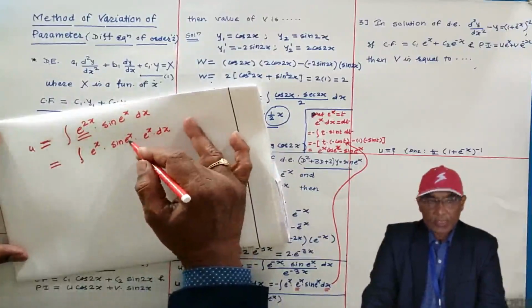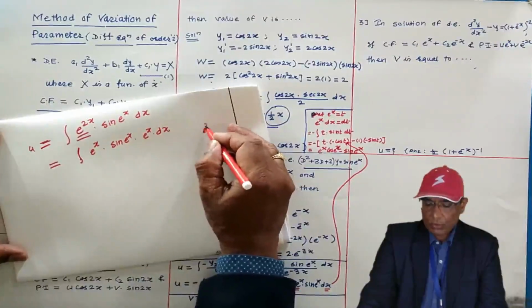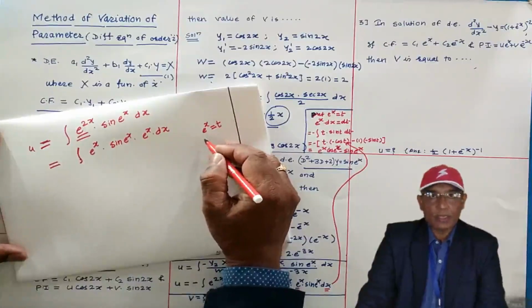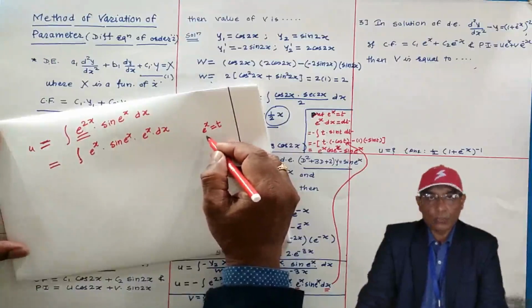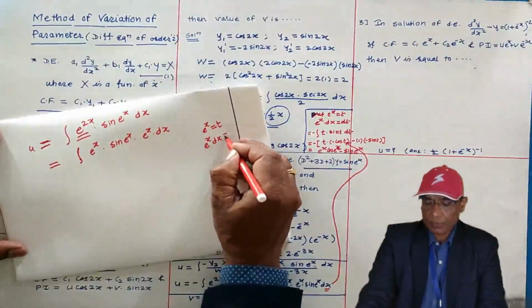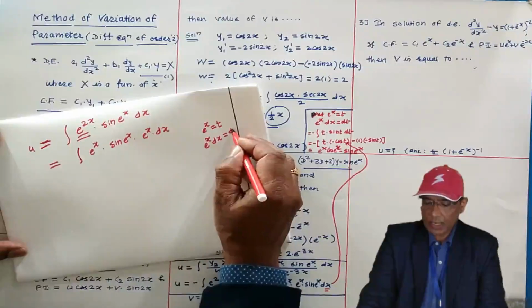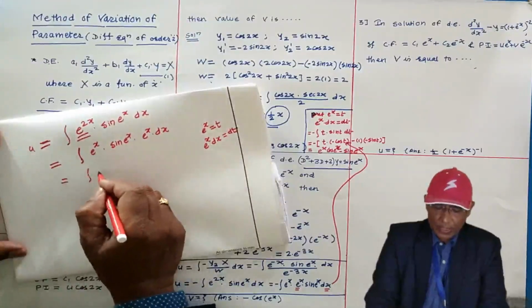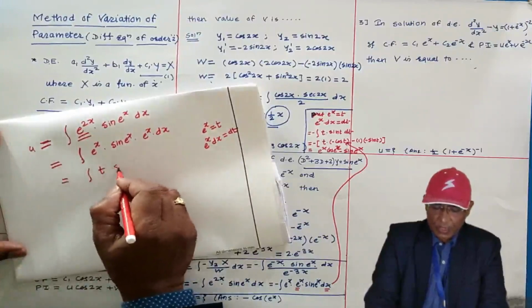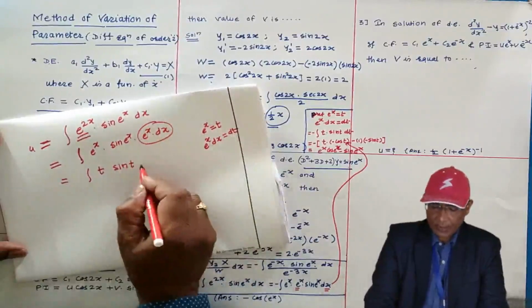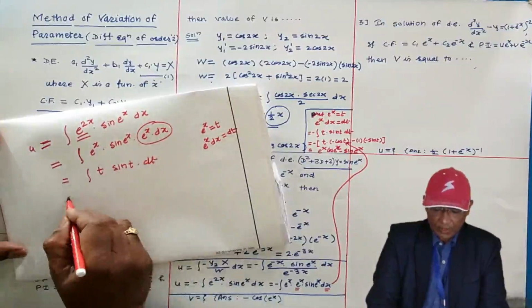But the argument of sine is e to the power x. So what I am going to do? I am substituting e to the power x equal to t. When you substitute anything while solving integral, then take its derivative. Derivative of e to the power x is e to the power x dx and derivative of this is dt. Now this will be e raised to power t, x is t. This is sine of t and e raised to x dx is what? Dt.